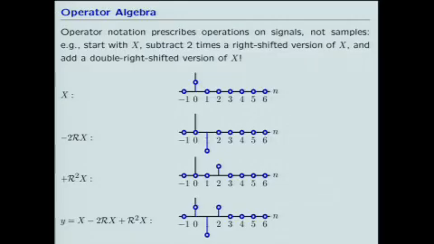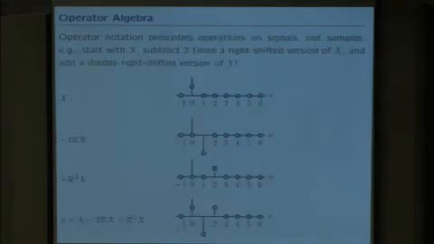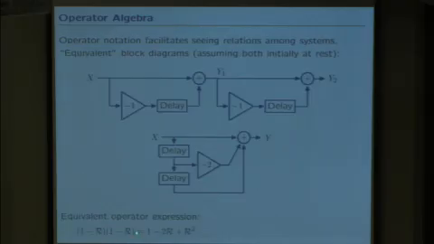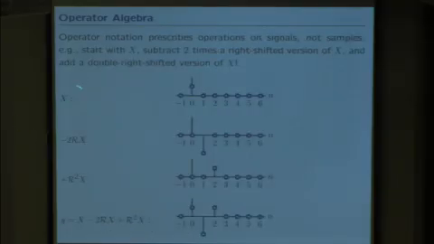And here's an illustration of how to think about that previous example. How do you think about this transformation, 1 minus 2r plus r squared? What happens when you apply that operator to an input signal x? Well, let's say that x was our unit sample signal. In order to apply this operator, 1 minus 2r plus r squared, all we need to do is think about each component. 1 times x is x. Minus 2r applied to x is minus 2rx. Plus r squared x is just plus r squared x.